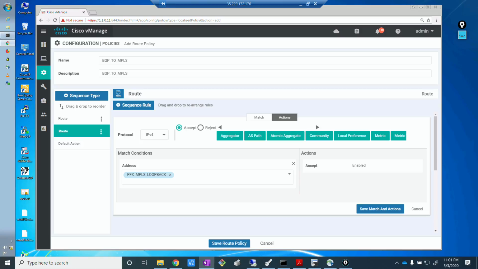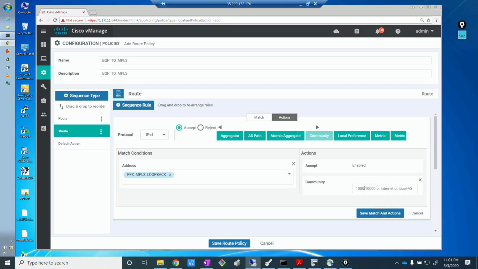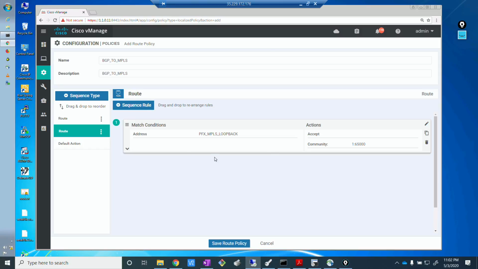Not just accept, I have to do a bunch of other stuff. What? I need to add the community value. So let's add the community value. What community value do I want to tag for these prefixes? 65,000. Is that it? Yeah, that's it. I mean, that was my use case, right? For any of the loopbacks, when it is advertised outside, I want the community to be 61:65,000. Add. That's it. So you've created a sequence rule here,